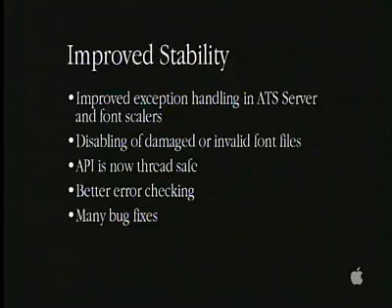While we were at it, we took some steps to improve stability of the system as a whole. One of the major problems that we run into occasionally is that while interpreting data from font files that may have gotten corrupted, you may walk off into the weeds and generate address exceptions. We've improved the exception handling for this on ATS Server and in the scalars, so we're able to catch these exceptions more reliably. And we also have a facility internally to disable suspect font files if we think they might be corrupt, and we can notify the user when that's happened,